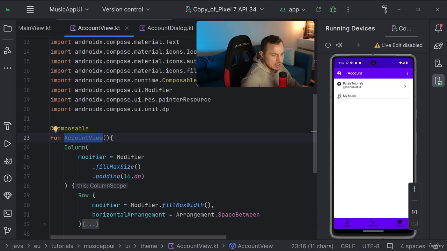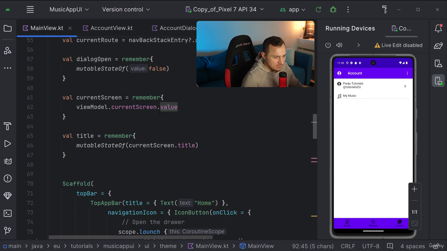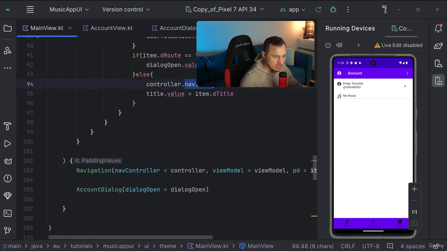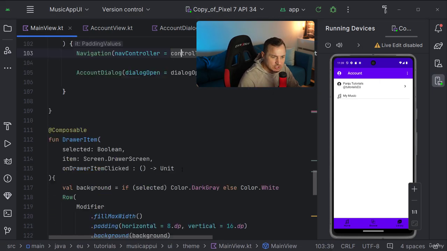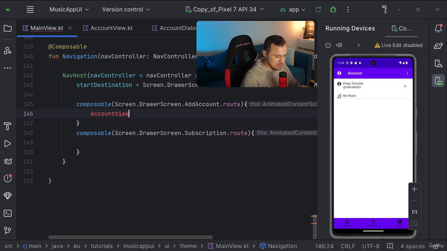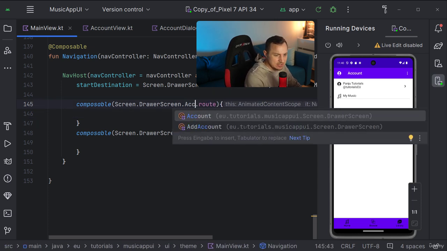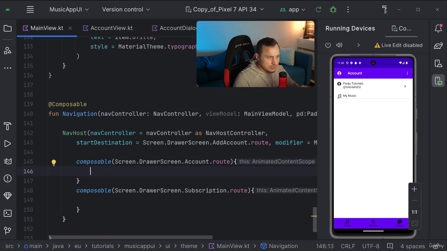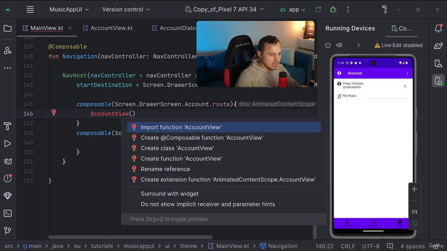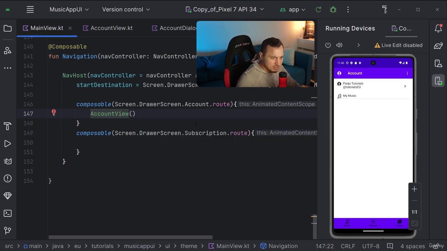And where do we want to use the account view? Well, inside of our main view, when we want to navigate to it, which means we need to go to our navigation. Let me see, I put it here. We need to add that here, basically saying whenever you want to navigate to the account, and there we are. So I need to add the account root, not the add account root. So in my navigation, I'm going to say, hey, when you click on account, I want the account view to appear. So we need to import the account view,